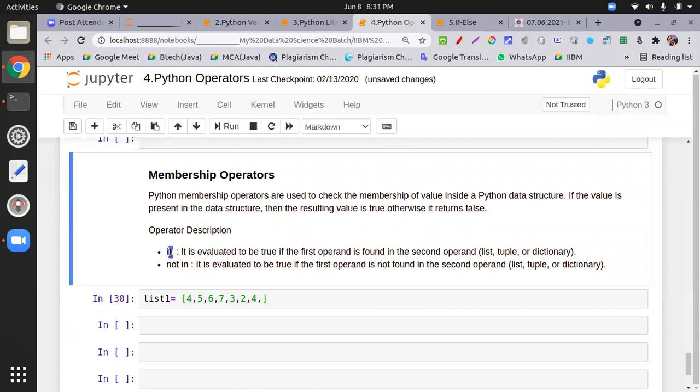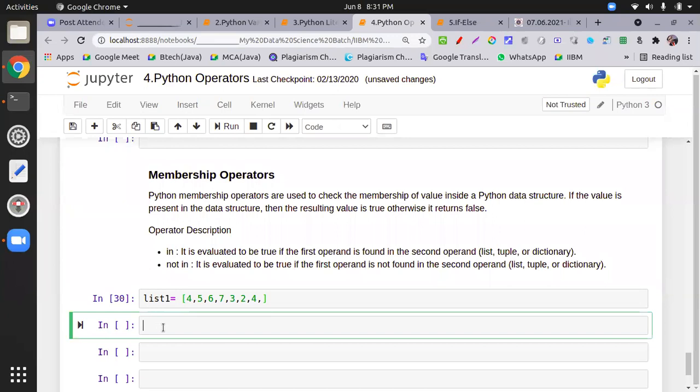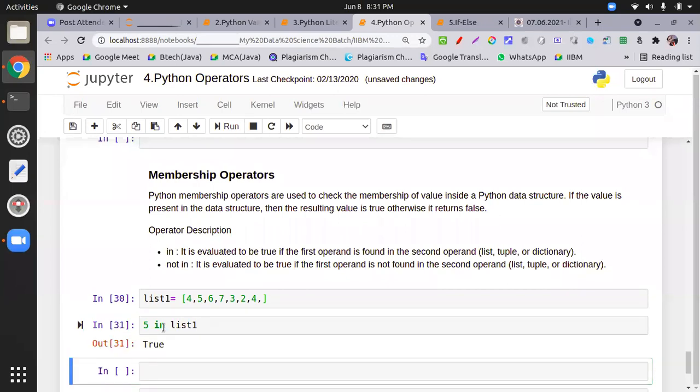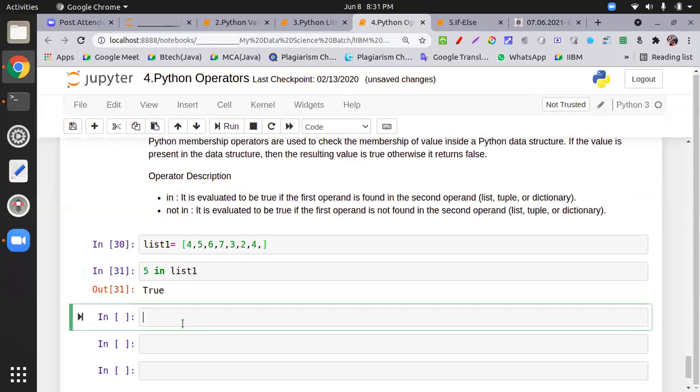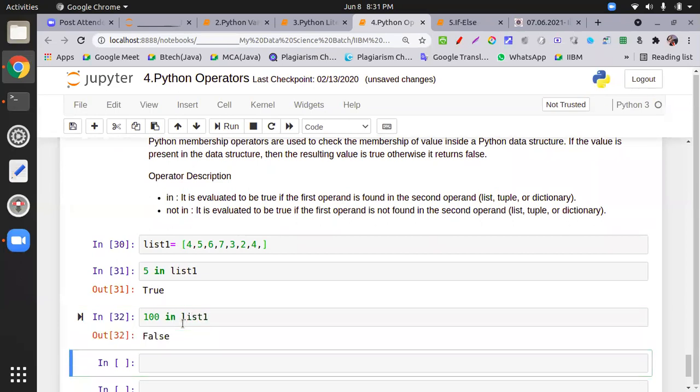You would run a for loop and check each individual value. So I just write 5 in list one. This will give me true or false without using any loop. This says that 5 is a member of list one, but 100 in list one, it is not, so it will give you false.